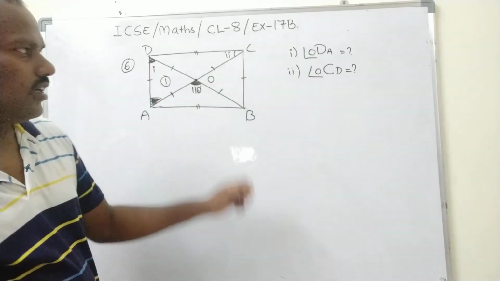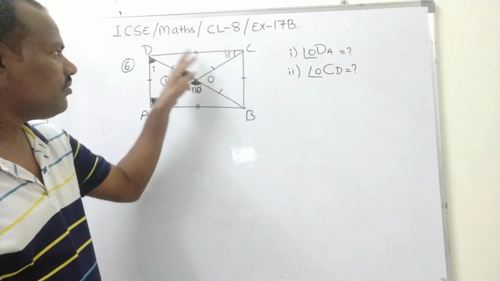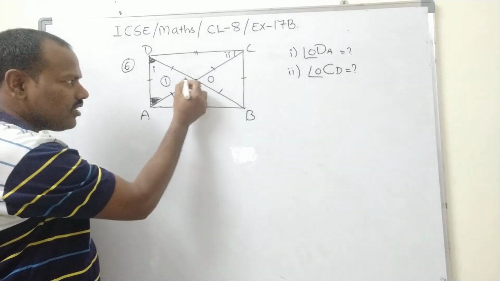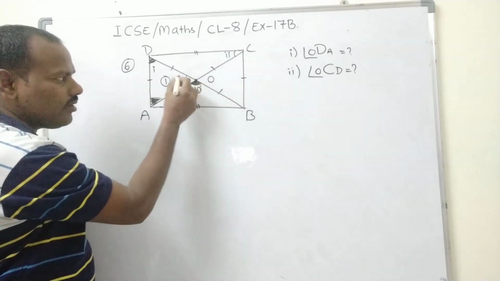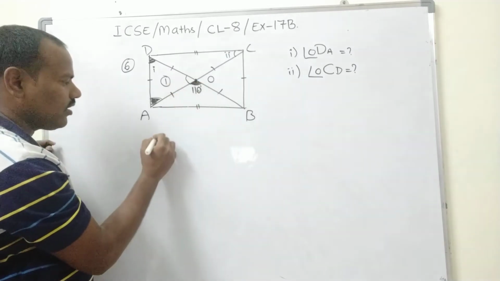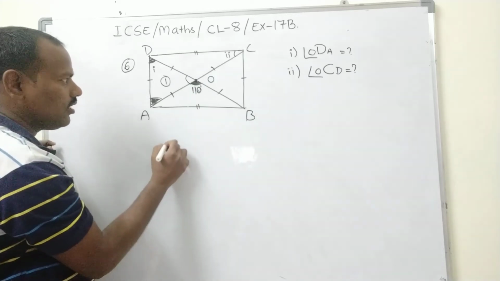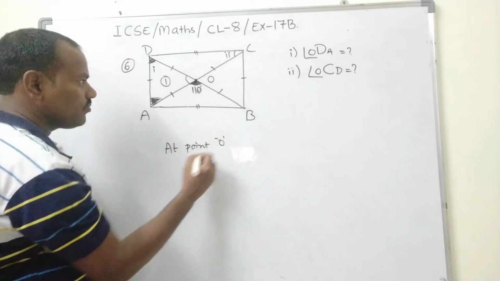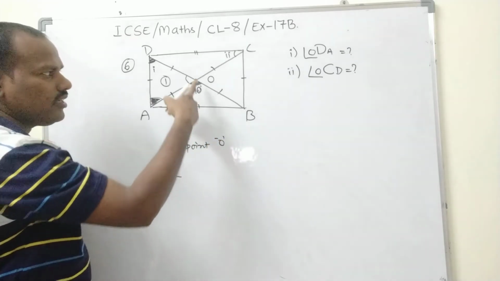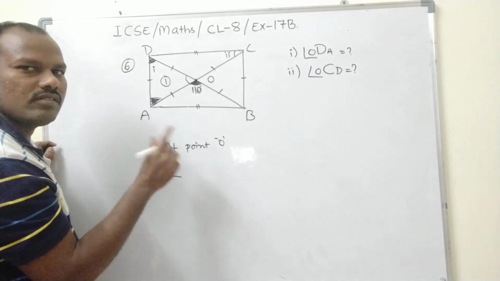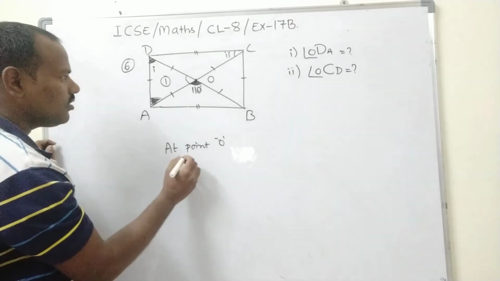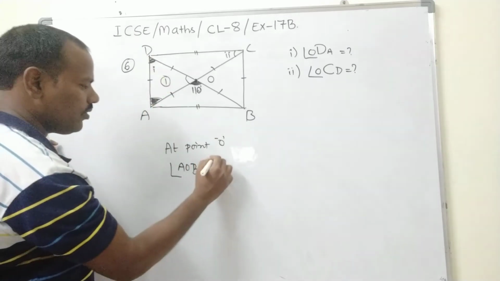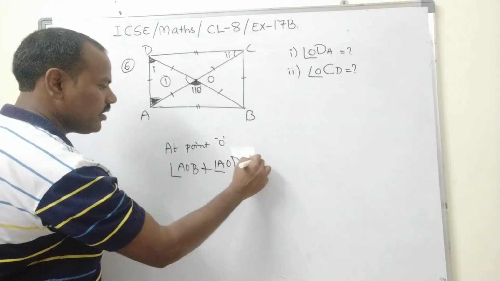Okay, and next, the second one: angle OCD. We have to calculate these two angles. But nicely you see here it is called a linear plane, no? At vertex O, so therefore write ABCD is a rectangle. So at point O, AC and BD are intersecting at point O, that is given in the details, not my own statement. So that is nothing but angle AOB plus angle AOD is equal to 180 degrees.